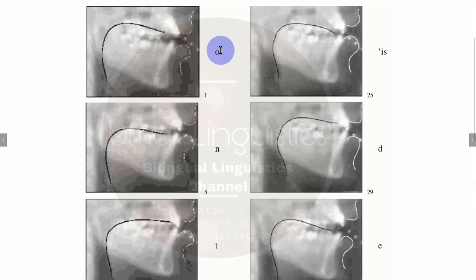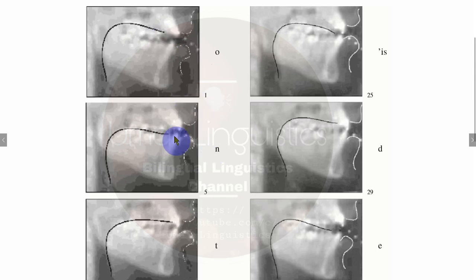So this is the figure, and just starting from here, this line is the position of the tongue. You will see how the tongue changes its position from upward to downward. So this is "on," in "on." Here is the tongue for "o," and we can see that the tongue is a bit higher.